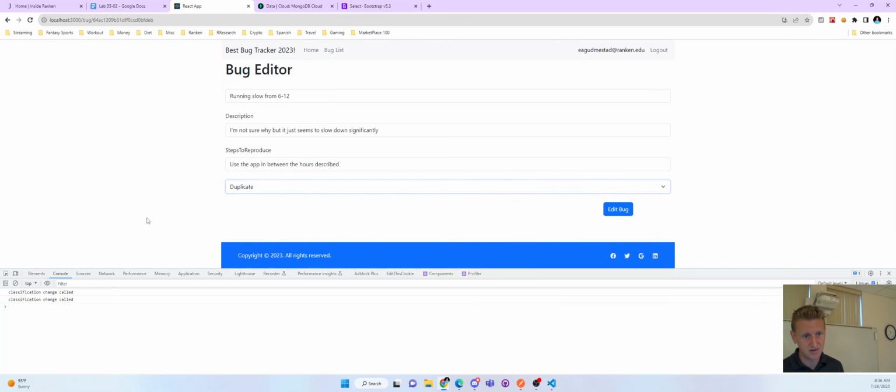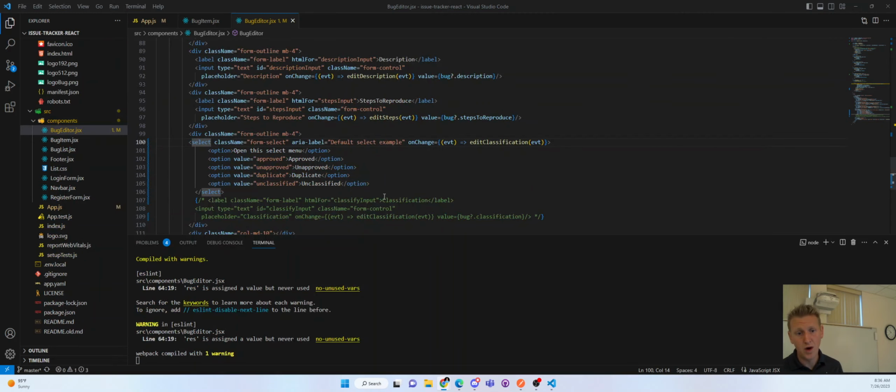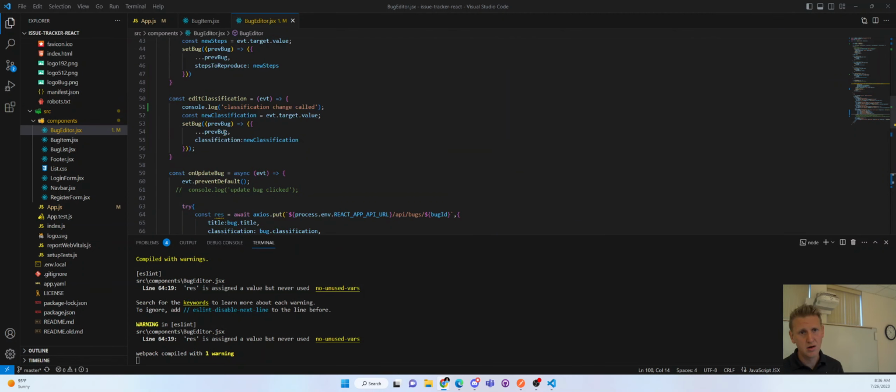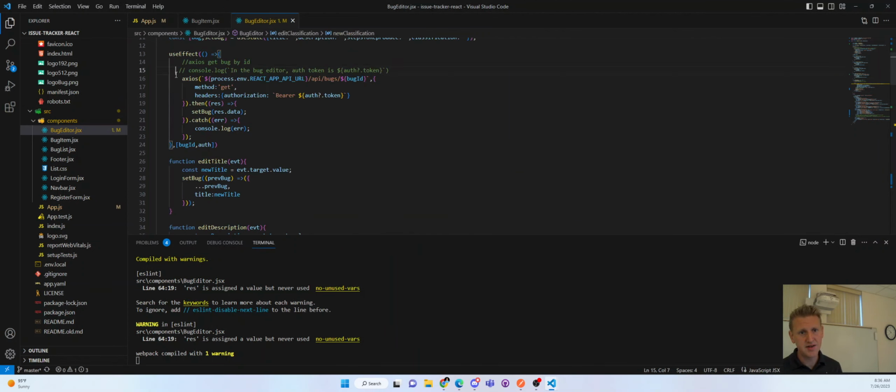So that's simple enough. When we get the data here from Axios and we set the bug, then we should be able to, outside of useEffect,